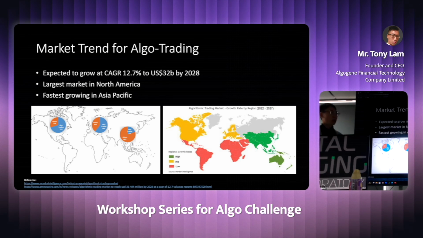And also for financial institutions, the Hong Kong Monetary Authority actually has a framework for open banking APIs, such that they require banks and financial institutions to open their APIs to third-party developers and investors. So this kind of open API also enables us to connect to their trading systems and to execute trades. And that's why we believe that algo trading is the future trend for the wealth management industry.